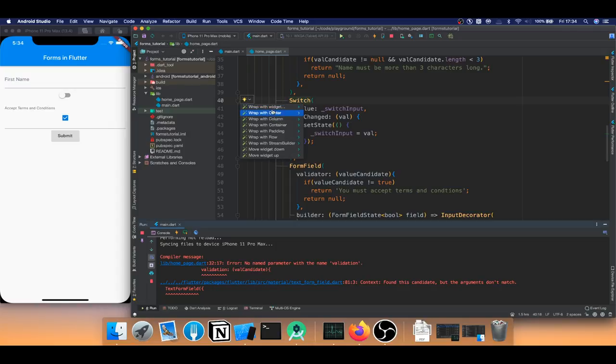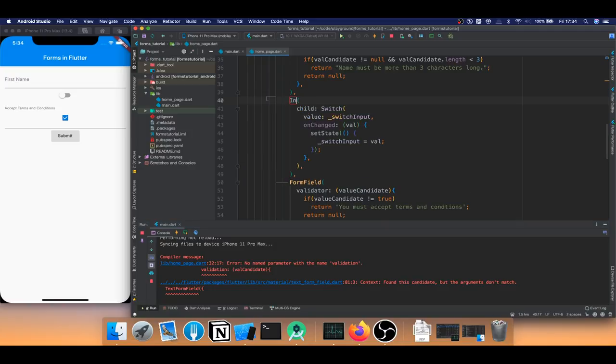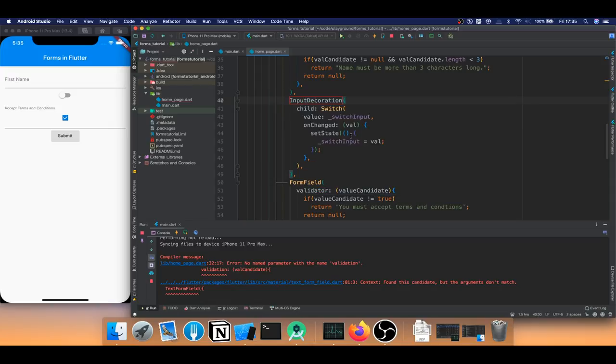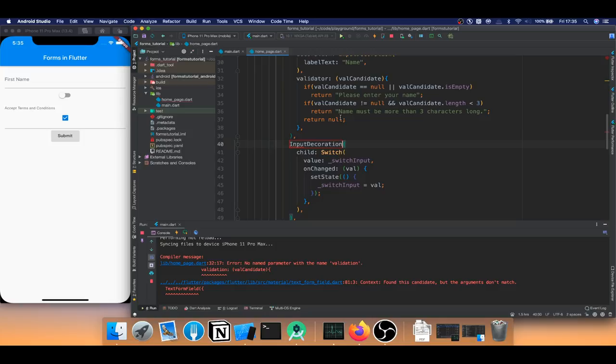So it's just as easy as we will repeat the whole process, putting an input field, an input decorator, sorry, decoration, which is a widget, and it will take in a decorator, which is of type input decorator. So the label text